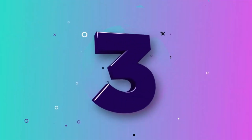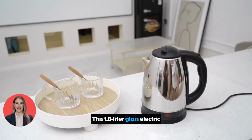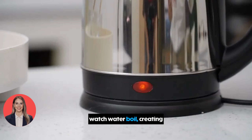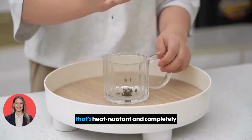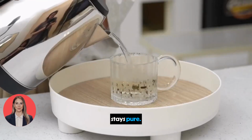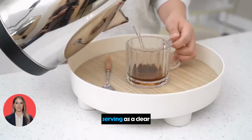Number 3. At number 3 is a kettle as beautiful as it is functional. This 1.8-liter glass electric kettle features a stunning transparent design letting you watch water boil, creating a mesmerizing visual experience. The elegant glass construction uses high-quality borosilicate glass that's heat-resistant and completely BPA-free, ensuring your water stays pure. The integrated LED lighting illuminates during operation, creating a beautiful blue glow that adds ambiance while serving as a clear